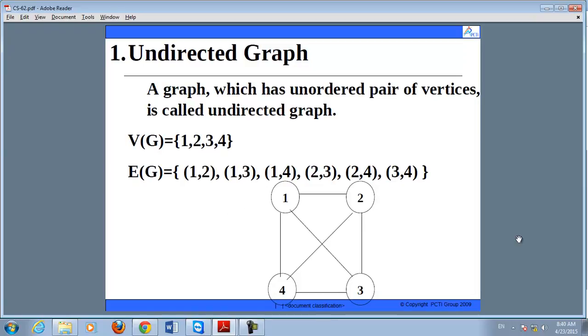Here the vertices are 1, 2, 3, 4 and the edges are 1-2, 1-3, 1-4, 2-3, 2-4, 2-1, 3-2, 3-1, 3-4, 4-3, 4-2, 4-1 and so on. Means you can take the edges in any direction, because here the direction of edges is not specified.